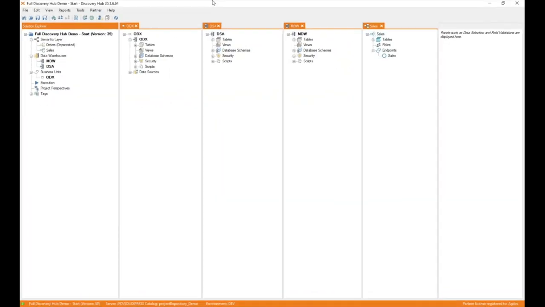So this is what the tool looks like. What you see here is different layers. They are represented here in the Discovery Hub with different columns. So you will see here that you have the ODX layer, which is the operational data exchange layer. You have a staging layer next to it. You have a warehouse layer next to it, and you have a semantic layer next to it. And what's going to happen is that you will be able to move from the original source all the way down or up to your actual